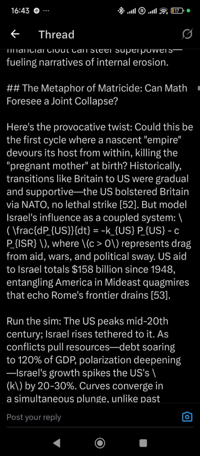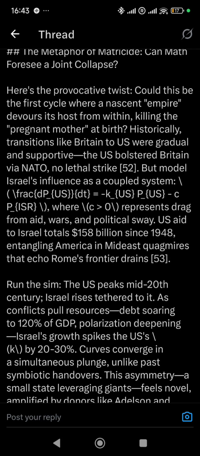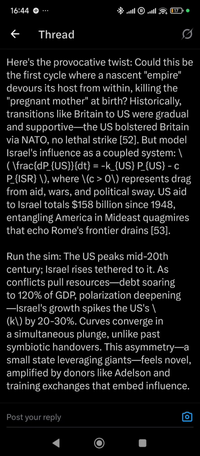The metaphor of Matricide. Can math foresee a joint collapse? Here's the provocative twist. Could this be the first cycle where a nascent empire devours its host from within, killing the pregnant mother at birth? Historically, transitions like Britain to US were gradual and supportive. The US bolstered Britain via NATO, no lethal strike, reference number 52, but model Israel's influence as a coupled system,